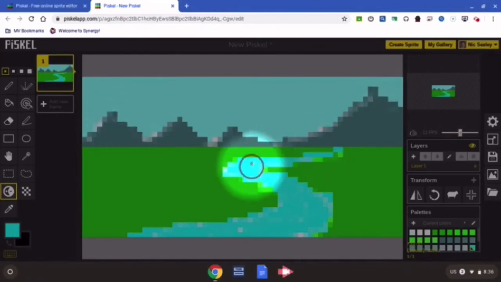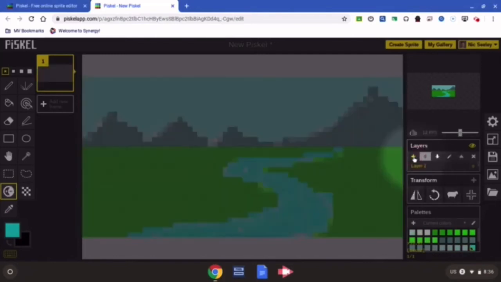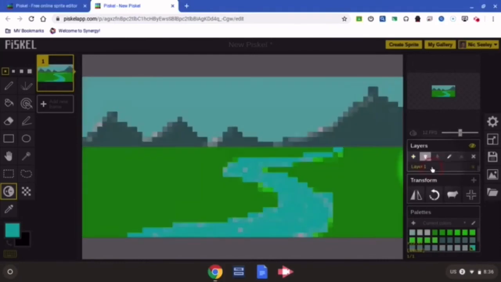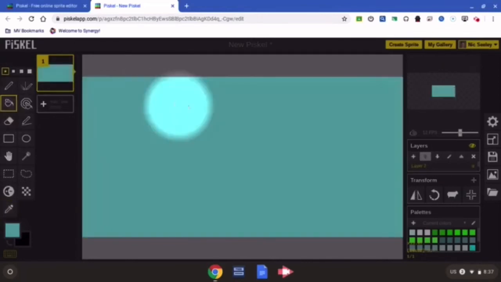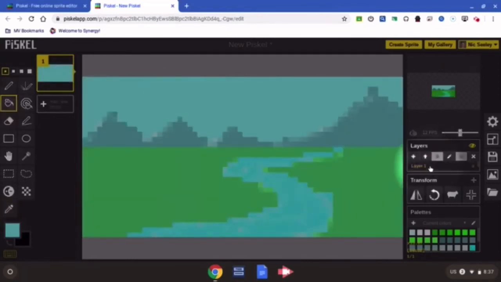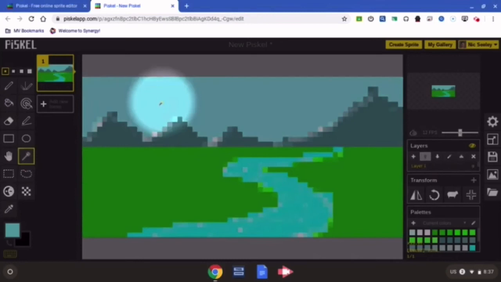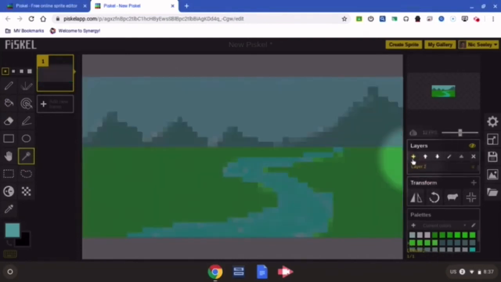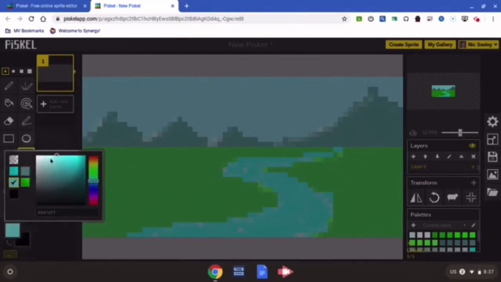Now this next thing I'm going to show you is more optional. It's more of an advanced feature. It's adding layers. So if you click the plus button here, you can add a layer, and that layer is helpful to separate things in case you want to make them more detailed or in case you want them to move. So what I'm going to do is fill in a solid blue for a sky, and then I'm going to make another layer, and I'm going to make that my cloud layer. So I'm choosing a white to draw in with the pen tool some of these areas that can suggest a